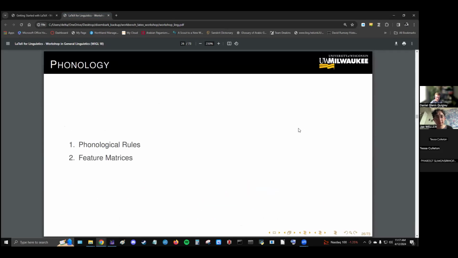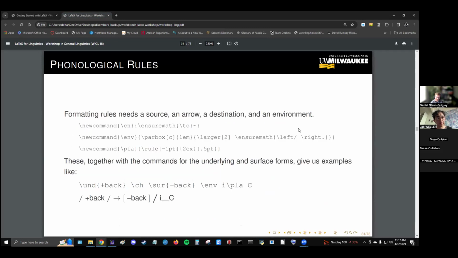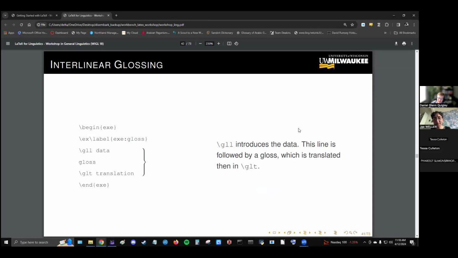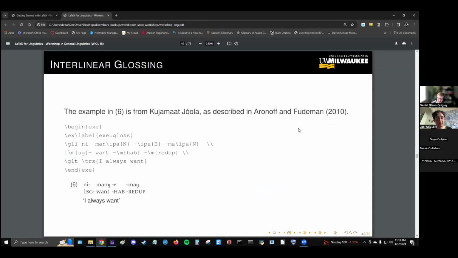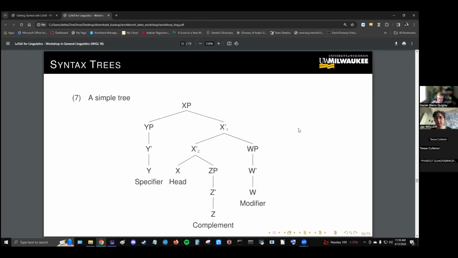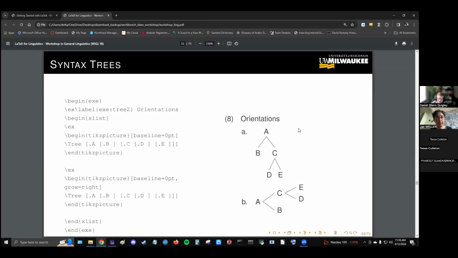I have how to do phonological rules. A lot of this is a bit more advanced. All of this is built on building your own commands, which is what the workshop was really about, but this is more linguistics specific. I also have this as a resource for people to reference, like how to draw trees, for example,